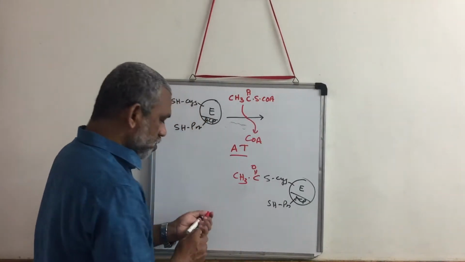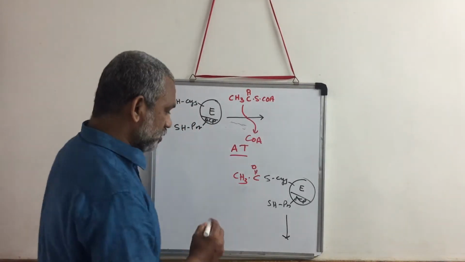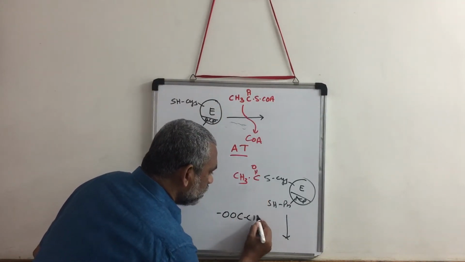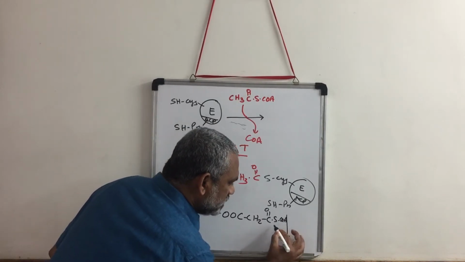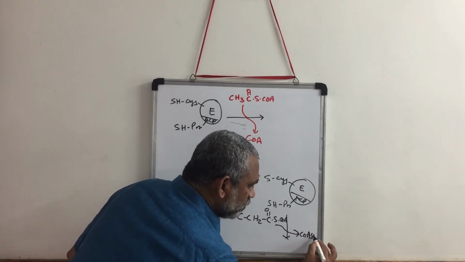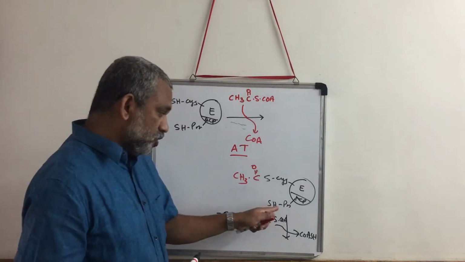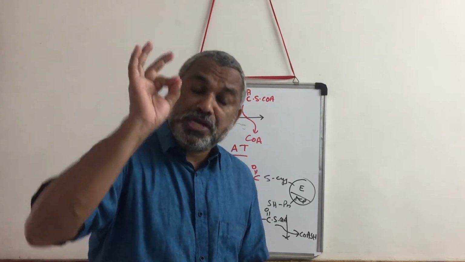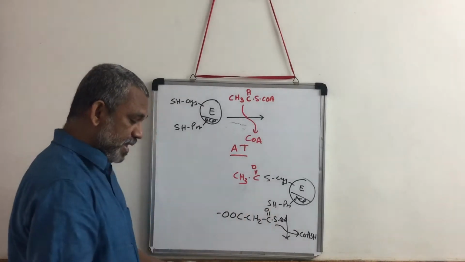what we are going to do is attach a malonyl unit. So malonyl-CoA, you remember the structure, OOC, CoA. It is attached and CoA is removed. So you are left with the malonyl group, and that malonyl group is attached to this 4' phosphopantetheine. That is very specific for the malonyl group. It can accept only the malonyl group there. So it is highly sensitive. So the malonyl group is going to be attached there.